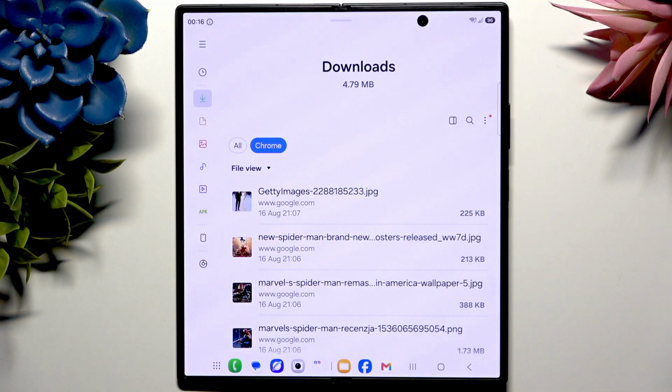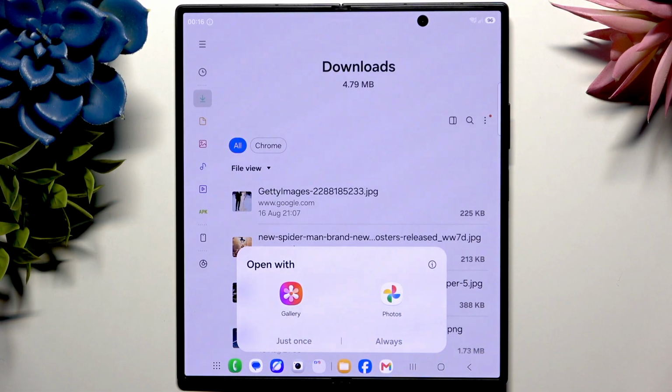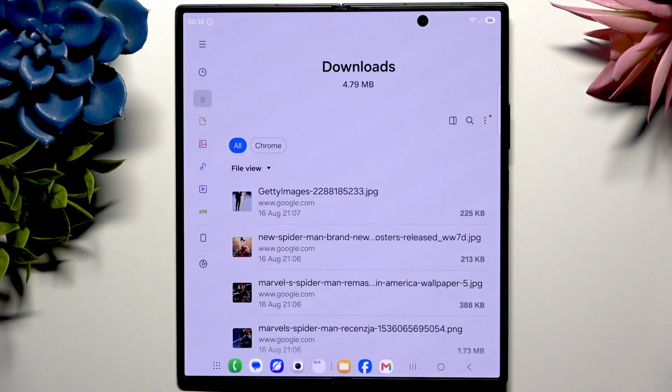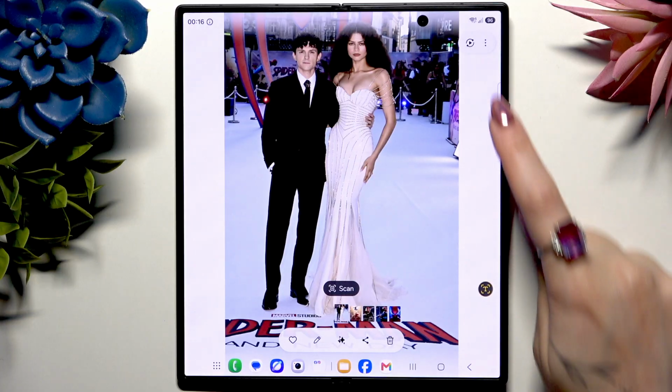I only have Chrome. Now, to open one of your files, tap on it and pick one of those apps, in my case Gallery or Photos. After tapping on the chosen one, decide if you want to open this type of file using this app just once or always. Now, to manage it, use all of those options at the bottom or those three dots at